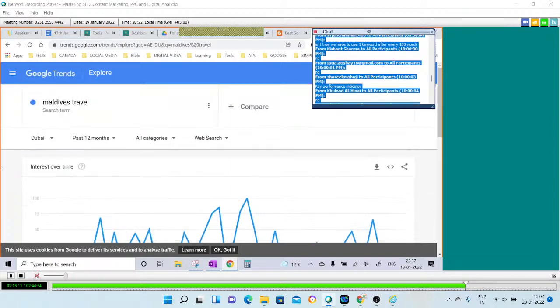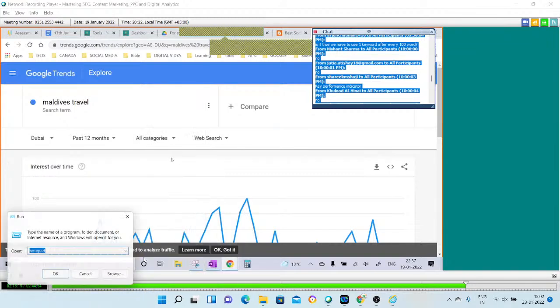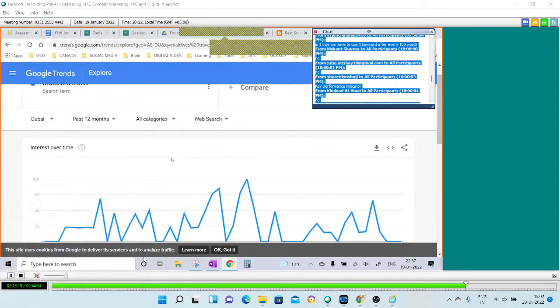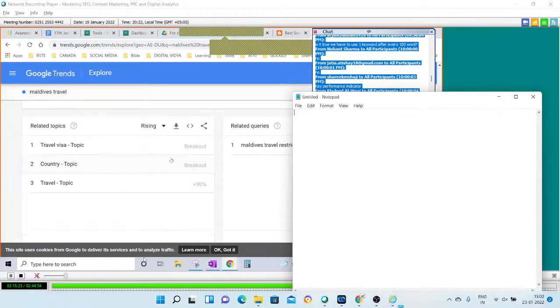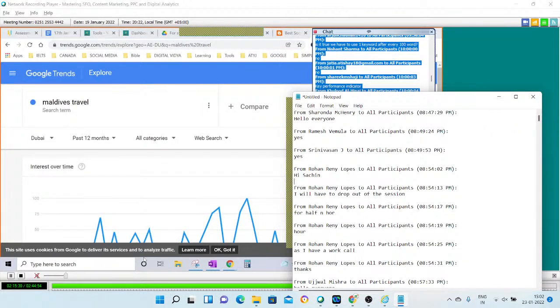Of course, we have not reached the tools as of now, the paid ones and all, where I will give you the demos. But here also you can see. It is not like you cannot see here. You can see the searches here as well. Yes, yes, you can do that. Shaji, you can do that.